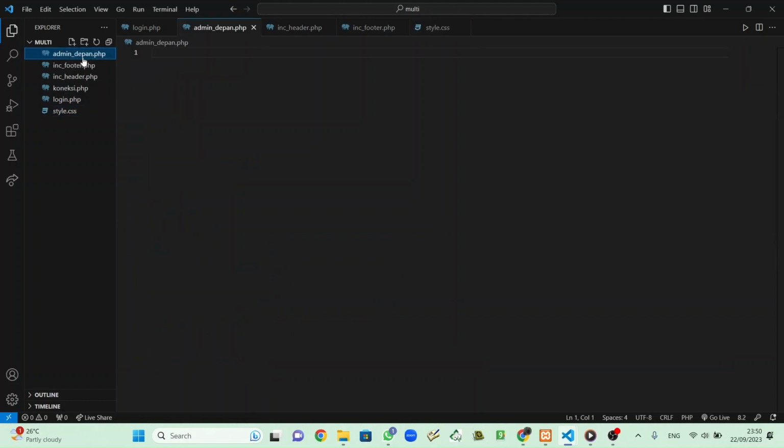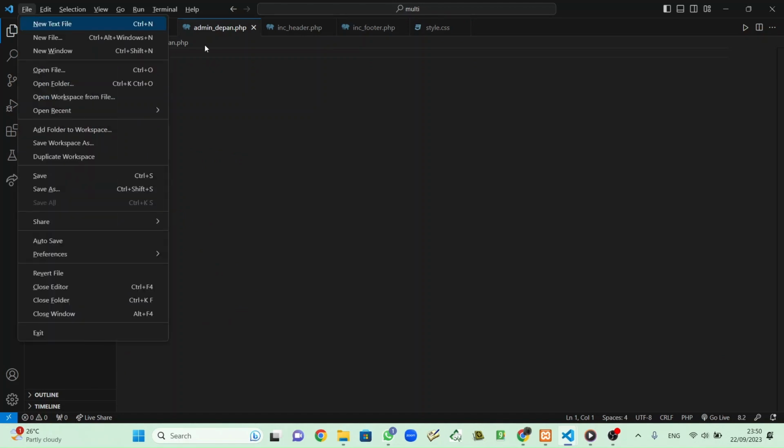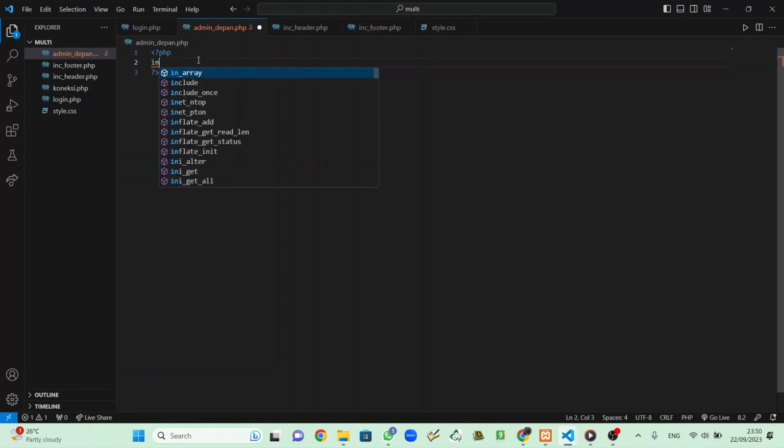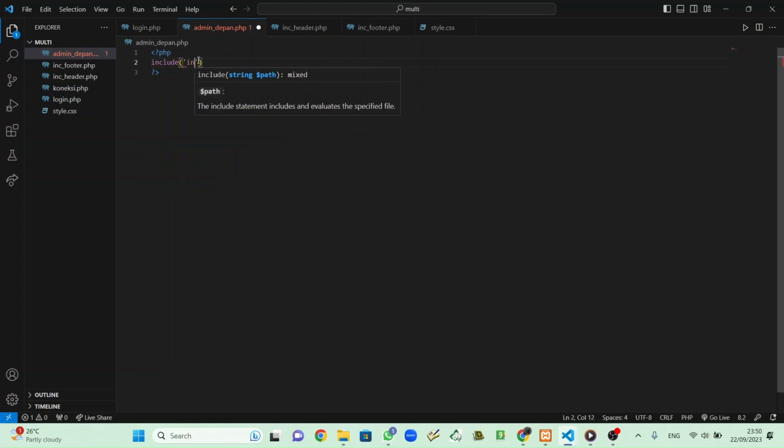Move to the admin depan and add as always PHP, and then the close tag for PHP. As I said, we will include this file, include header.php. Don't forget the close tag, save,